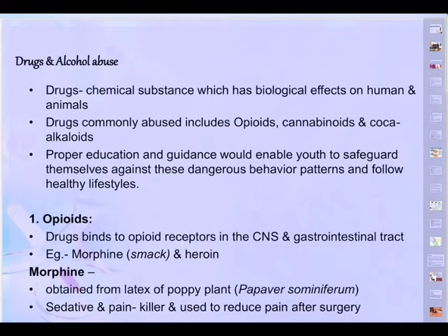Hence, drug addiction or drug abuse is taking drugs for purposes other than clinical use, in excess amount, in excess concentration or frequency. Often the person is taking the drugs unnecessarily, and then it impairs the physical, physiological and psychological functions of the body. The drugs which are commonly abused are opiates, coca alkaloids and cannabinoids, along with, of course, alcohol and smoking.